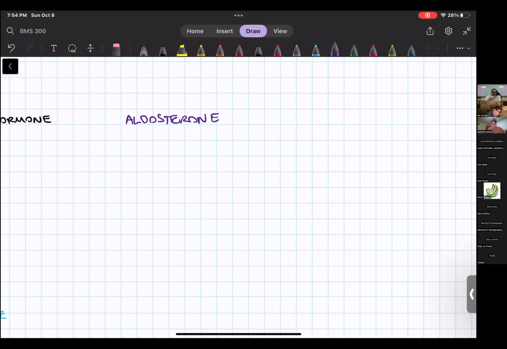And aldosterone is a steroid hormone, so it's going to use an intracellular receptor. It's going to cause an actual change in how many channels we make. So it will make more ENaCs, as they're called. They're epithelial sodium channels, and they'll put them into the wall of the nephron, which is in the kidney, that helps to reabsorb sodium. So this hormone isn't causing another hormone to be released, but it's actually causing sodium reabsorption,